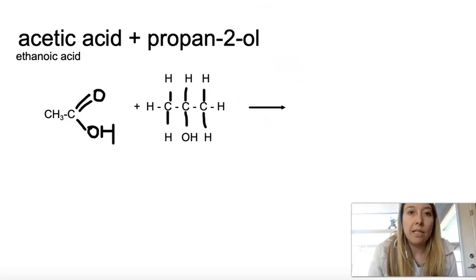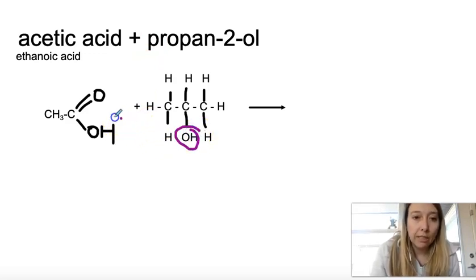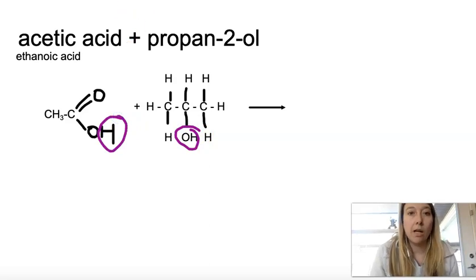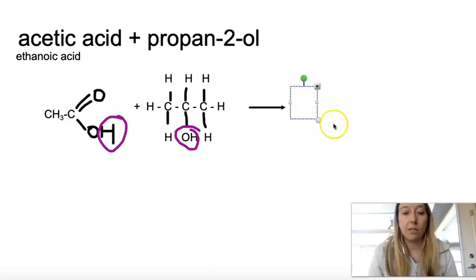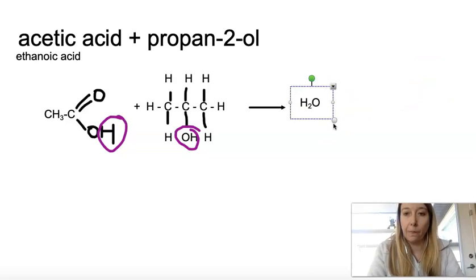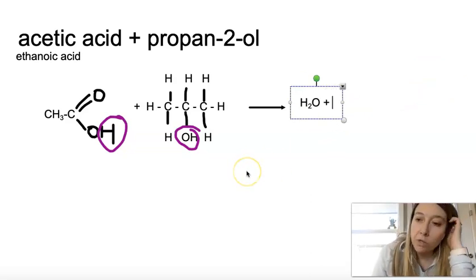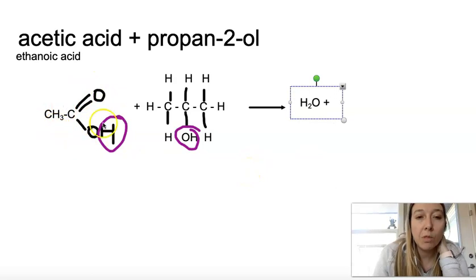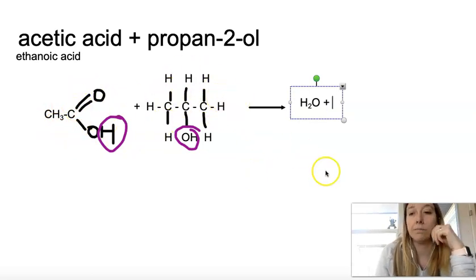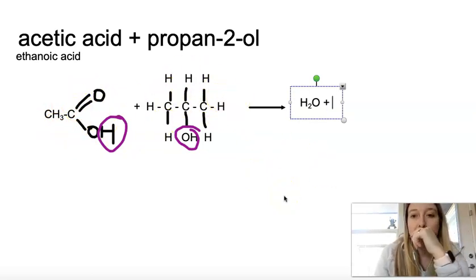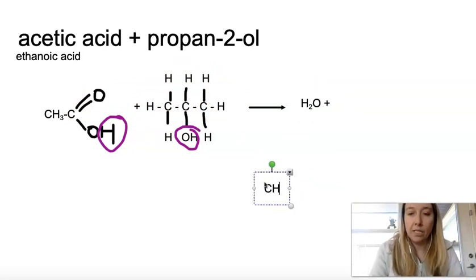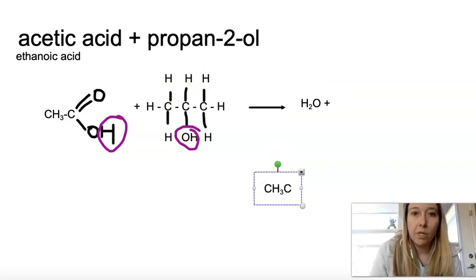So once I look at this and recognize that it is going to be esterification, I need to know that this OH and this H are going to come together, right? And they are going to come together to give me that water molecule. Then this carboxylic acid is going to join up with this alcohol. It tends to be easier when you are drawing them yourself to start with the carboxylic acid part of it. So start with that CH3, then that C,